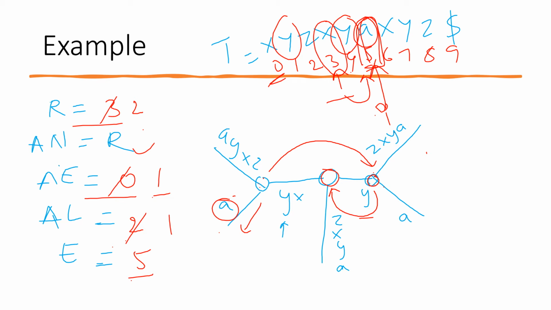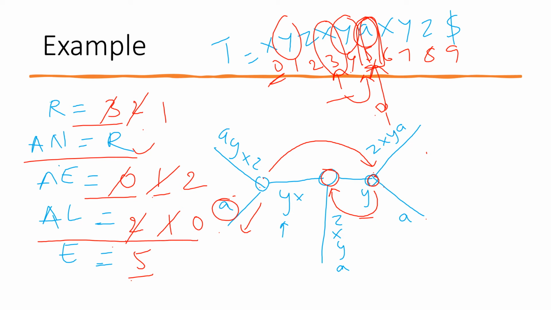Now since I just created a new leaf node, I'll decrement the remainder by 1, and then active edge is not 0, and active node is still the root. I'll have to increment active edge by 1, it turns into 2, and I have to decrement active length by 1, so it becomes 0.